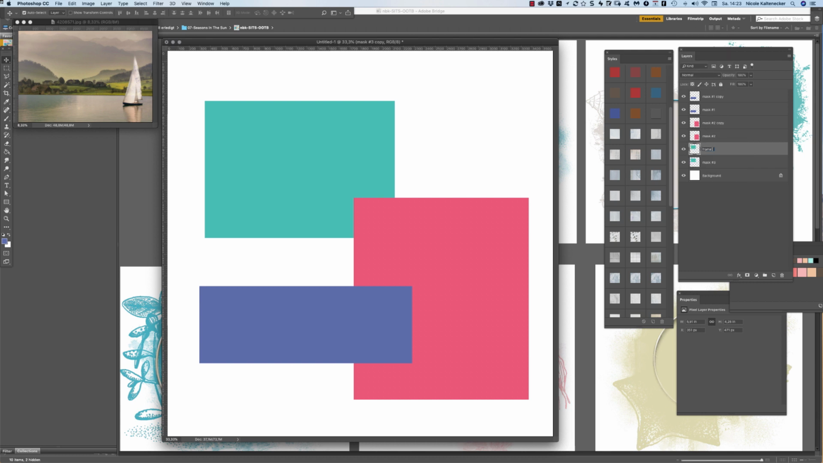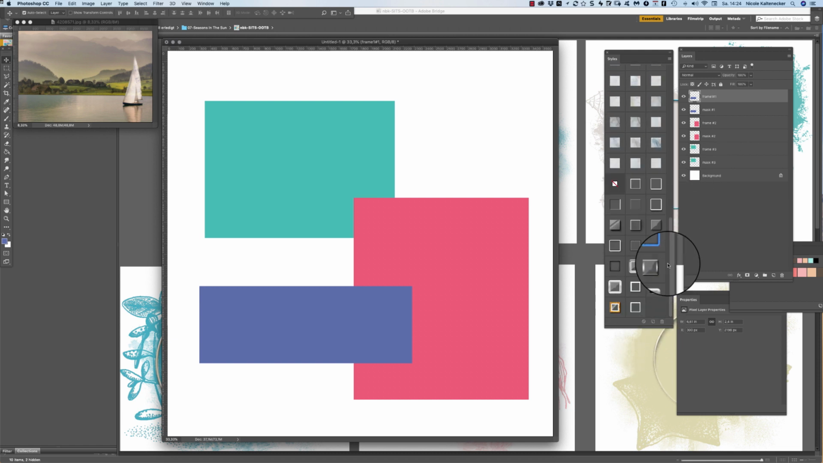Frame number 3. Frame number 2. And we go to frame number 1. Oops, there is one too much. So okay, what we're going to do now is, maybe if you have a style already for a frame,